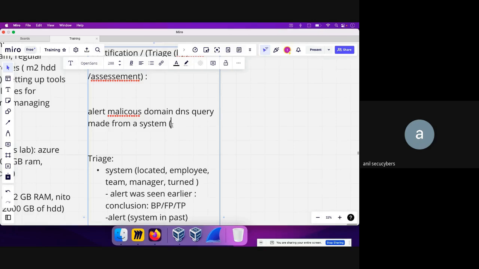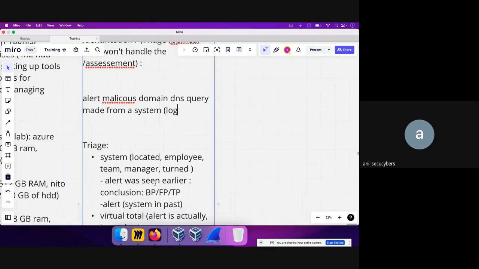And any guesswork, like okay, what all kind of logs you will start looking at to figure out if this is a false positive case or a true positive case? What would be your